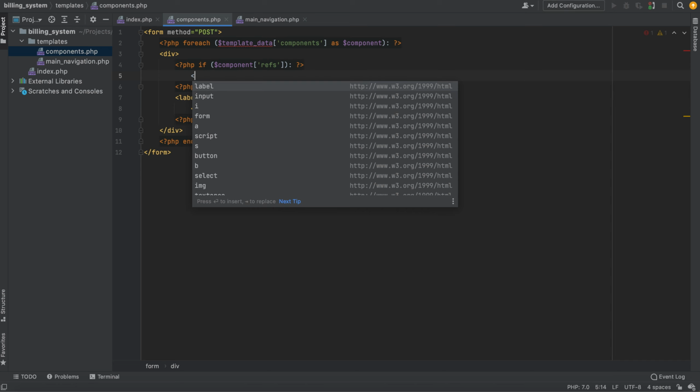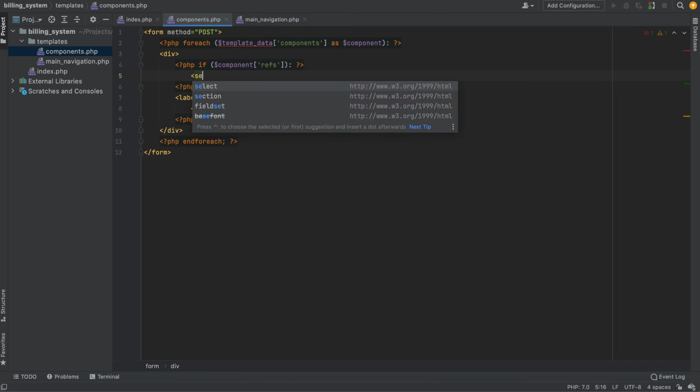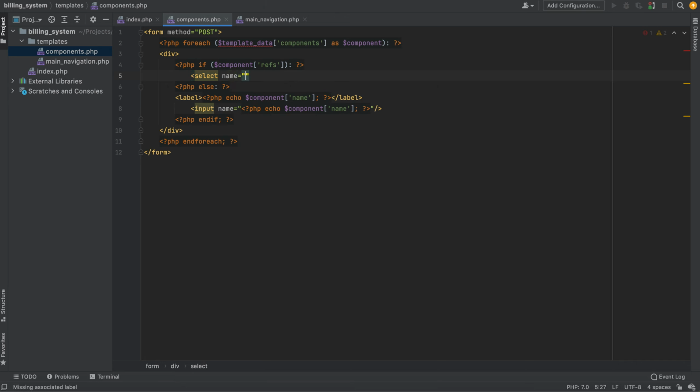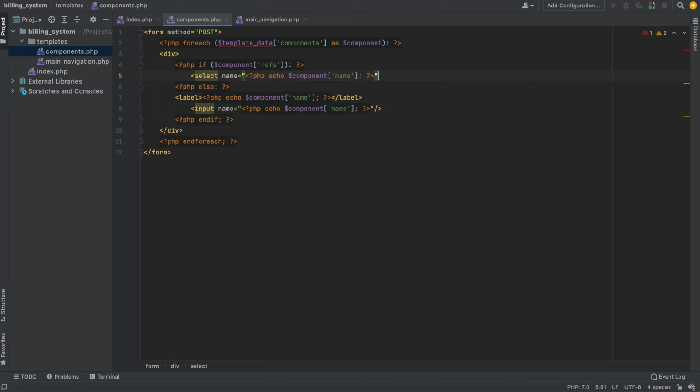We render the drop-down through, and here we can include another template, but let's keep it that structure for now. So select name is equal to component, I think it's name, like that,